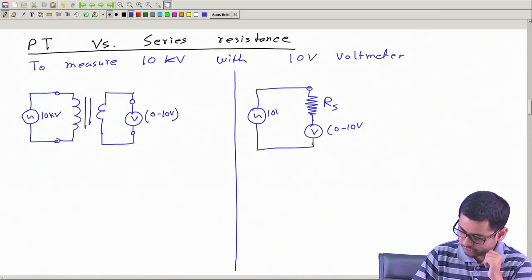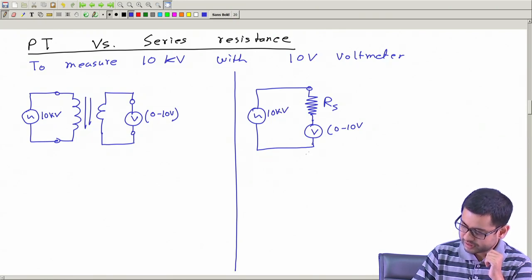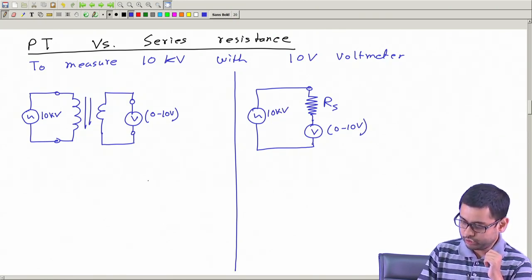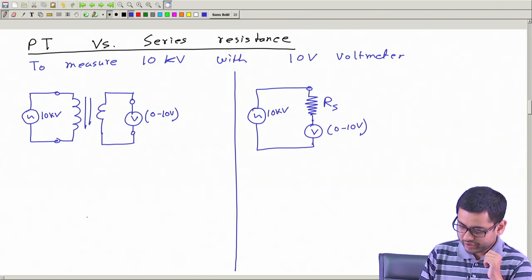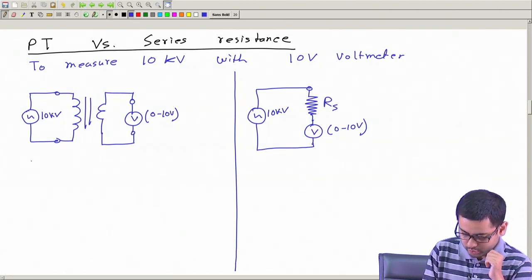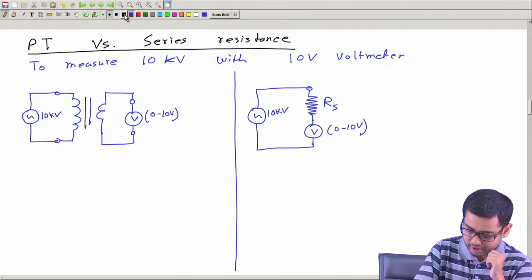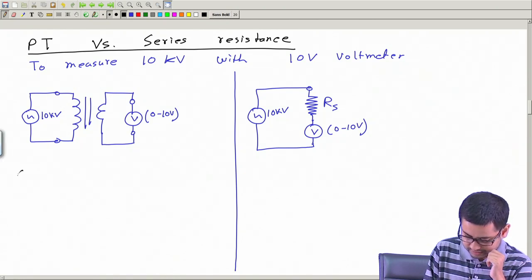This is 10 kilovolt of course, and measure it. So, you have two choices. Okay. Now, we will ask the two questions of course. One is how much is the power loss,